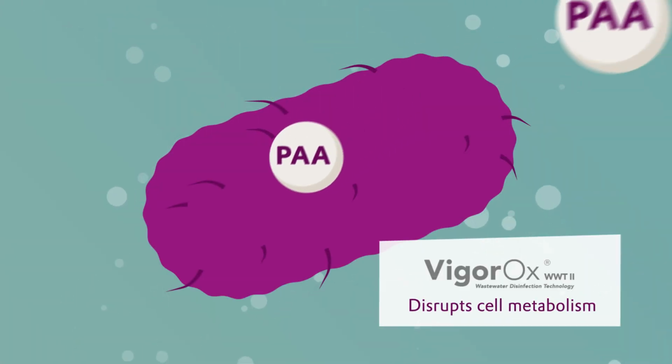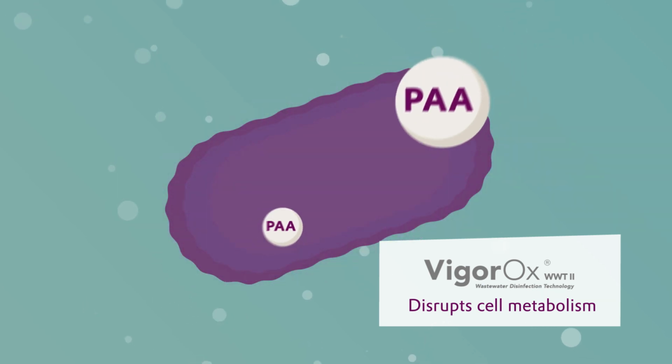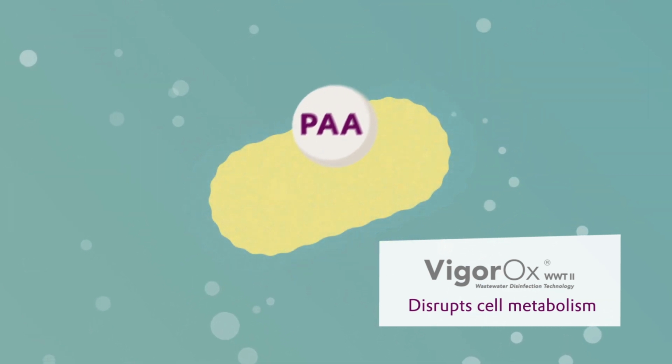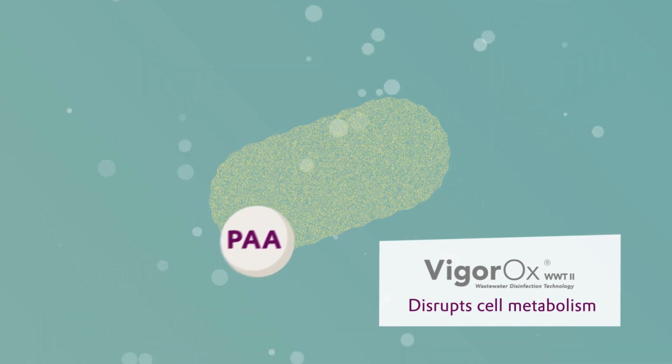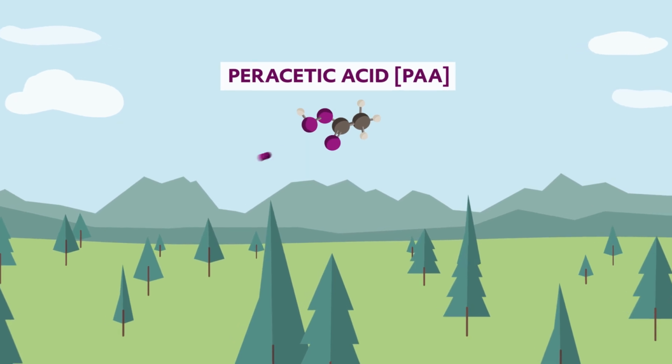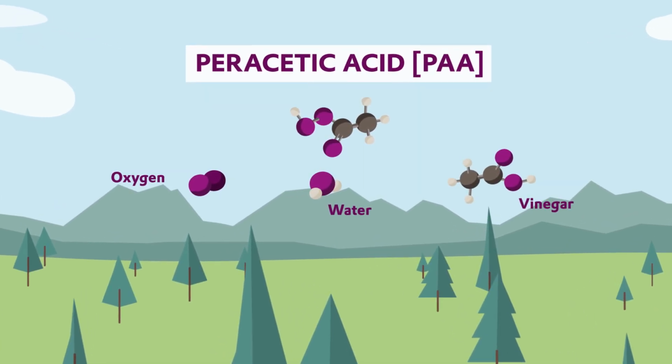and E. coli. VIGOROX peracetic acid also disrupts cell metabolism, denaturing cell proteins, disrupting membrane transport, and preventing microbes from building up a resistance. Peracetic acid breaks down to oxygen, water, and vinegar, and as a result has a low